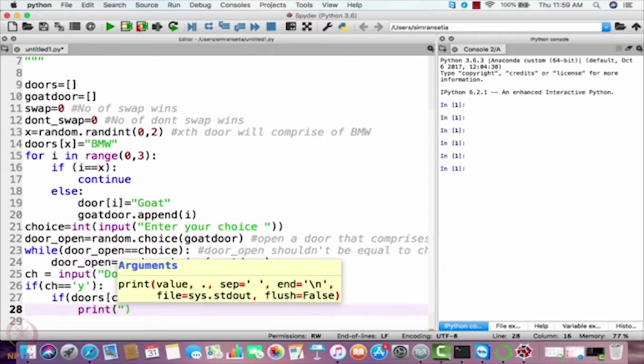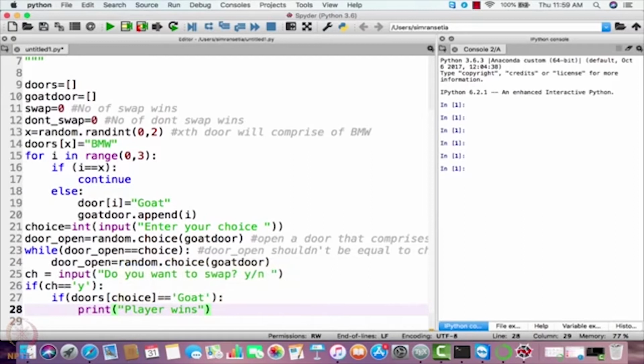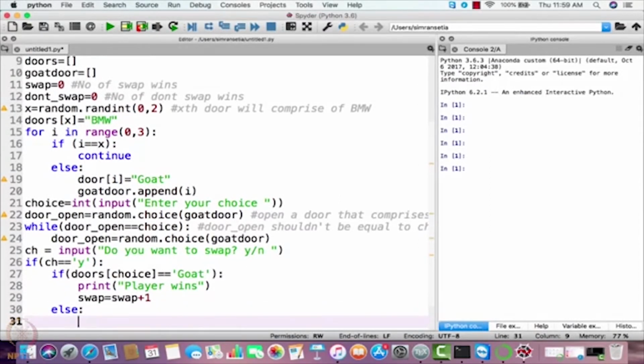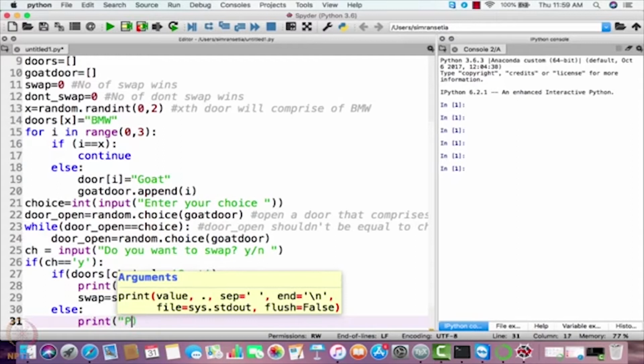Print player wins. Okay, and you have to increment the swap variable here. Else print player lost.